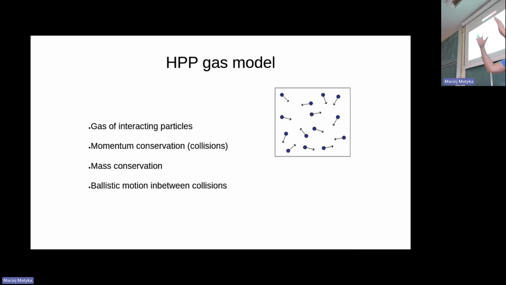So imagine you have a system which is a fluid, which is a gas or a dense gas, water. Because, as you know, if you have a gas and you compress, then you get water. And so what is this actually? Physically, this is a gas of interacting particles. Of course, there are mass and momentum conservation laws involved, and there are collisions. Particles which approach each other can collide because of the forces between them. Those forces make them collide like billiard balls. But you can approximate this movement and